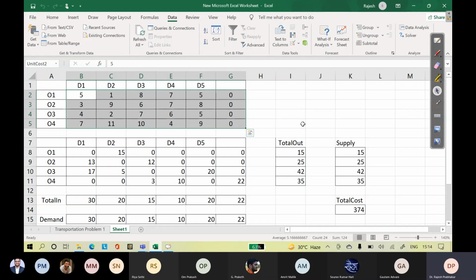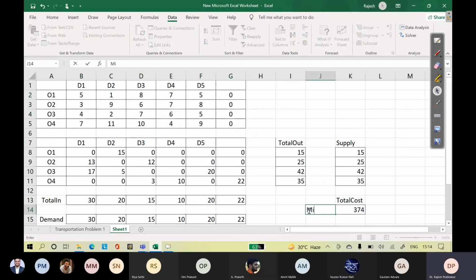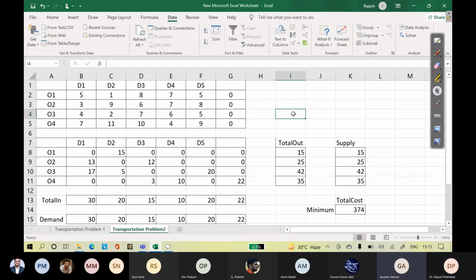Give me your index number, let me check it. Sir, I'll try once more, and if it doesn't work, I'll give you the index number. Please do that. Now I got the right answer, sir. One small question: when I was naming the range for demand, I did not select the entire range properly, and now I'm not able to change the name in the name box. So I have to add Demand 3 as a new name?